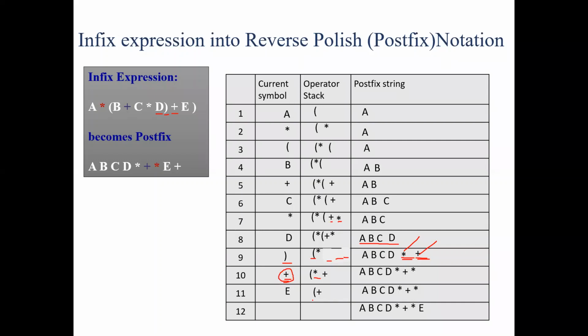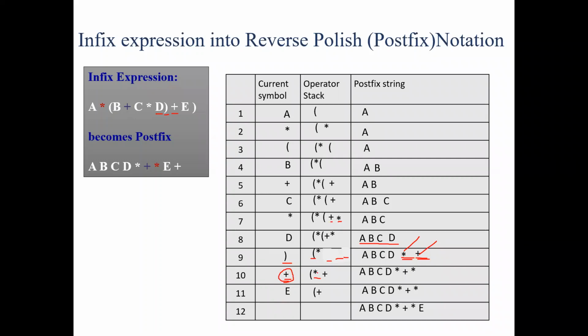Lower precedence than the operator on top of the stack means what? Ma'am, one more condition. We have to check the incoming operator against the next top operator. Two conditions in lower precedence. That is there, but before the asterisk, there is the addition operator. Addition has lower precedence than the operator on top of the stack. Then we have to pop the operator and then push the incoming operator, right?